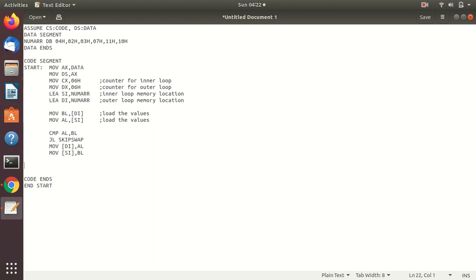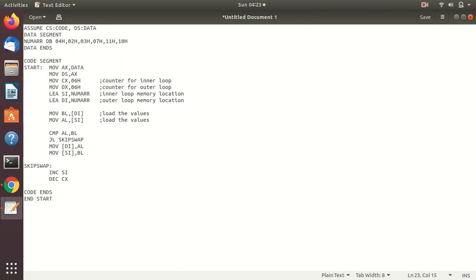Okay, once this is done, now what we have to do is increment this. So here I will place that label skip swap. Okay, so below that I will write DEC CX. Here I will decrement the inner loop. And before that I need to write INC SI.